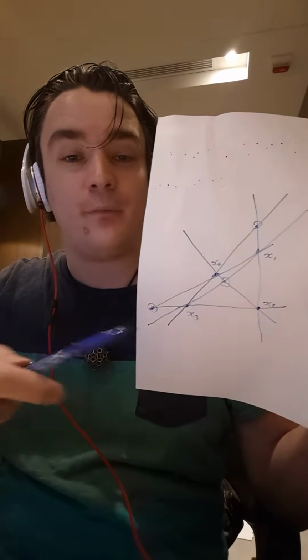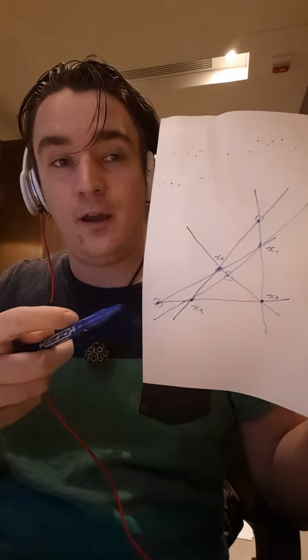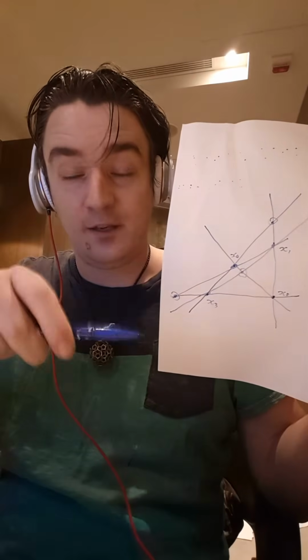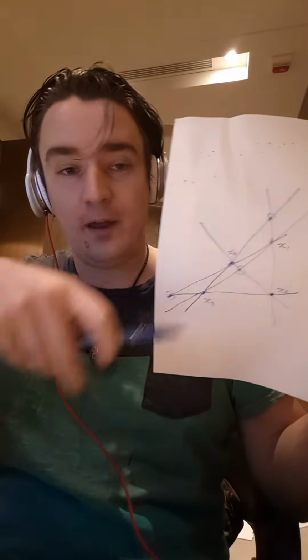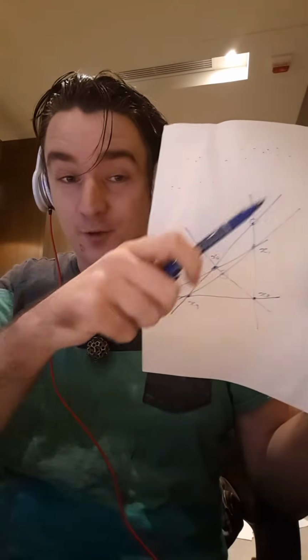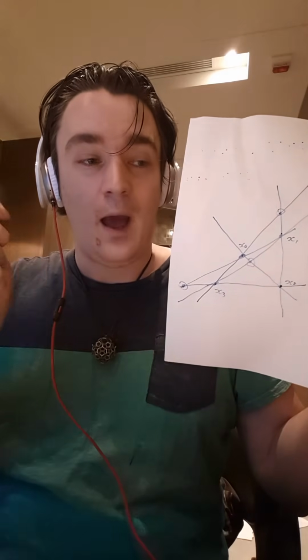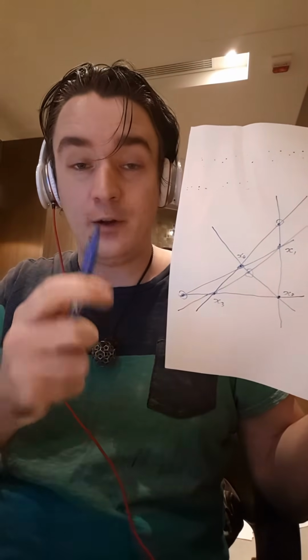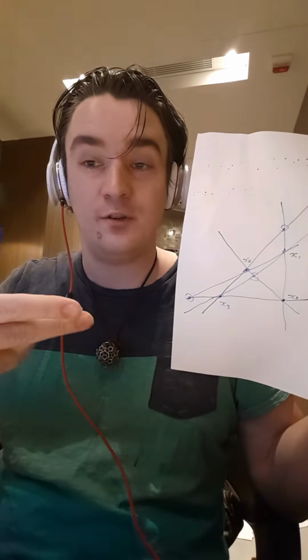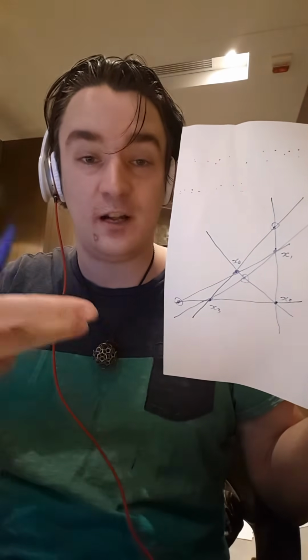And then if you draw all the 6 possible lines which connect pairs of those points, you'll find that... Let me start again. You draw all the 6 possible lines between these 4 points of your quadrilateral. And if you look at the lines, you'll notice that there will be 3 extra points formed by the intersections of those lines, in addition to the initial 4 vertices you started with.